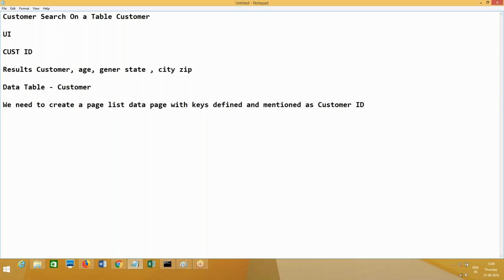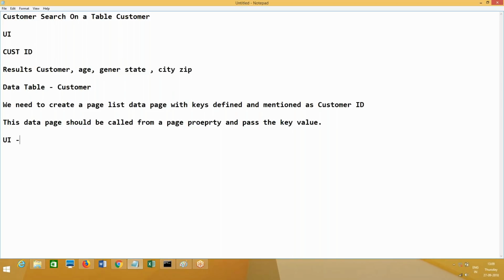So now this data page should be called from a page property, and pass the key value. This key value will be assigned to one of the properties through the UI.